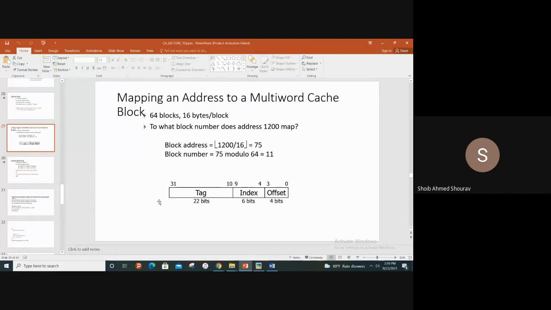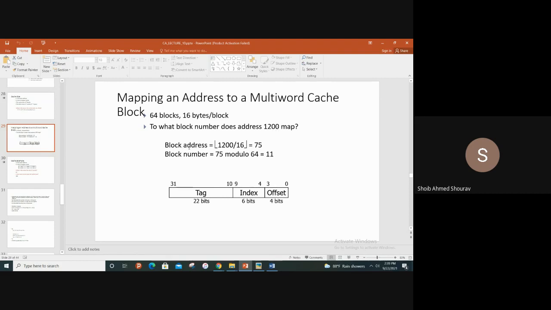Now we have 16 bytes per block. Can you please tell me, looking at this, how many words per block? Four. Very good. So if the question says 64 blocks, 4 words per block, or 64 blocks, 16 bytes per block, both are the same. Now to find out in which block 1200 number byte will go,